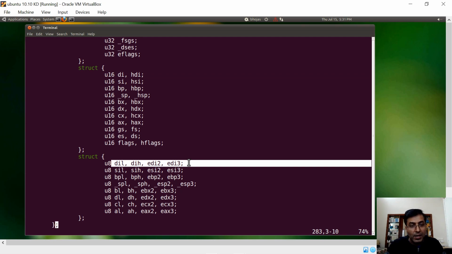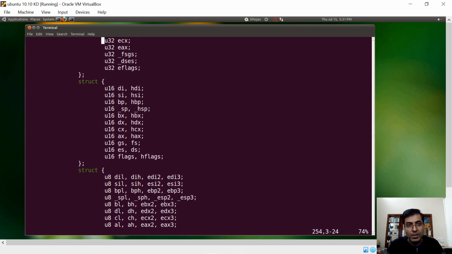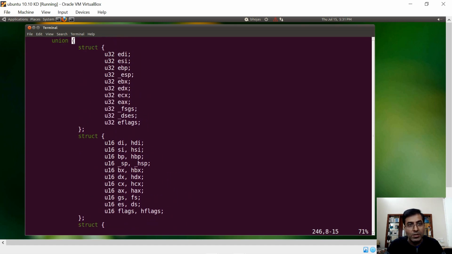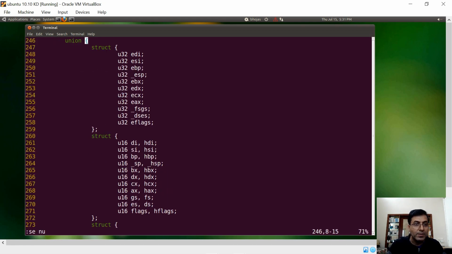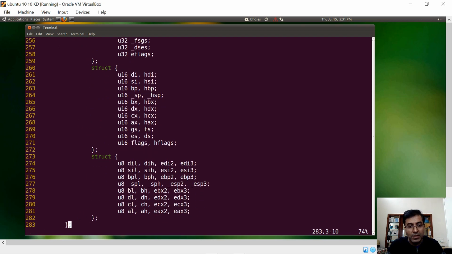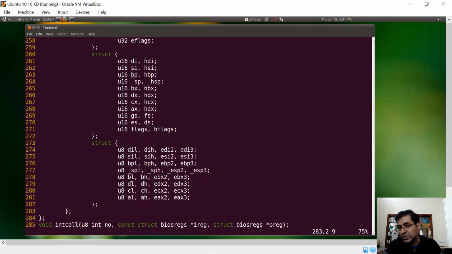Okay. Having said that, you don't want to waste space for 3 structures, because at any one point of time you want to refer only one of them, right? So what is the choice? Make a union. The choice is straightforward, just to make a union of this entire stuff. So you will have a union which is going to represent all of your structures. I hope you got an idea about usage of union in this case.